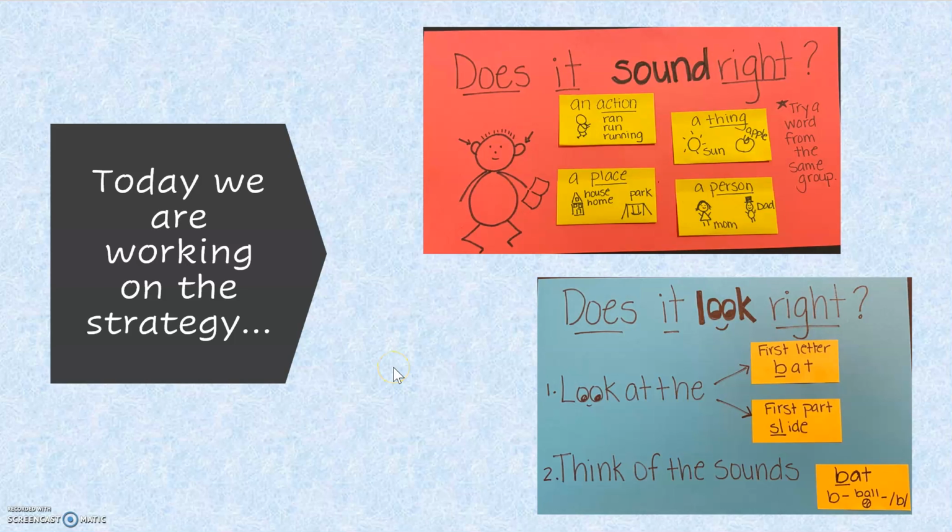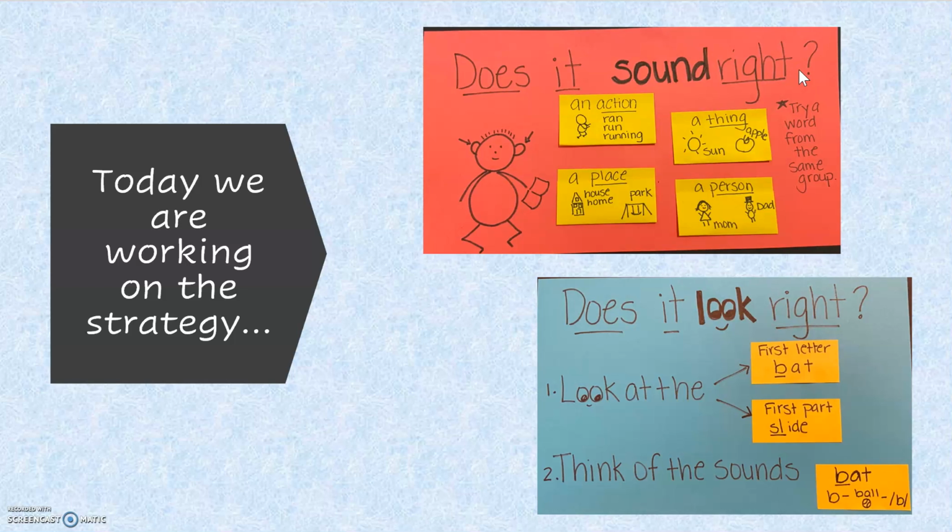Hello readers, today we are working on the strategy, does it sound right? When we do this, we want to try to give a word from the same group. Each of these post-its is a group. We have the action group, thing group, person group, or a place group. So does it sound right means that we want to give a substitution or a correct word to make it